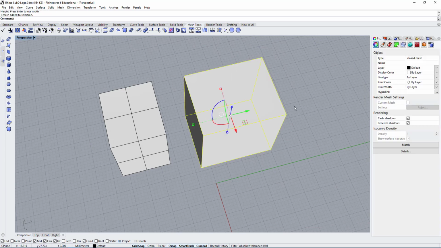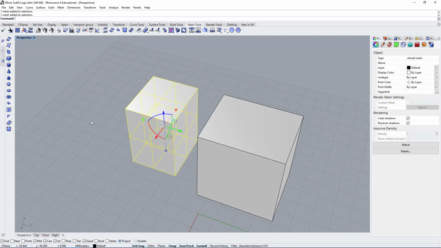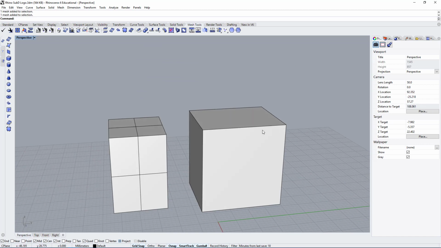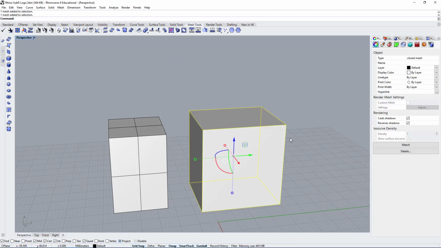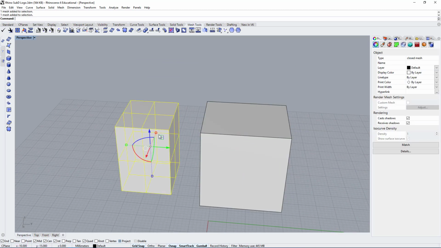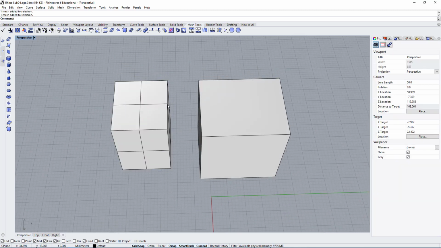This is interesting because here it gives you an idea of what subdivision would look like. Here you have a square that has no subdivision, and here this is essentially another box which is broken up into more polygons, more mesh subdivision.